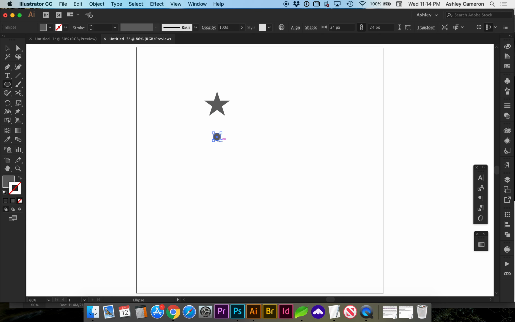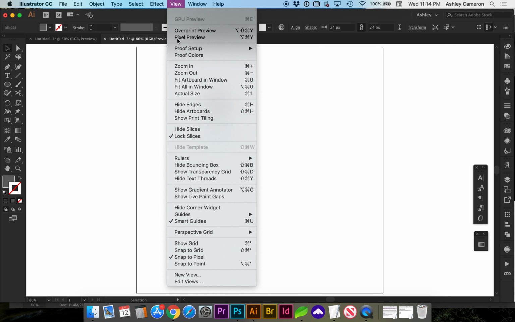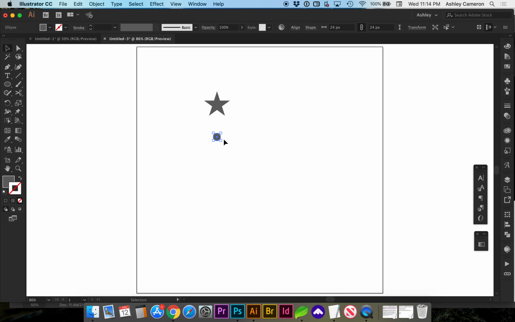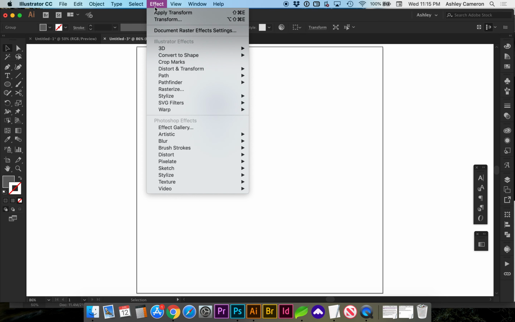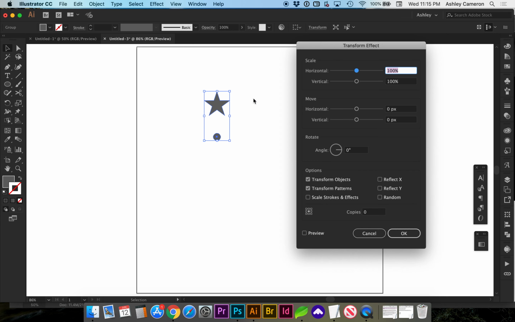Holding Option, if you have your Smart Guides on, under View, Smart Guides, you can see the alignment. I'm also going to select these and align them horizontally center. Now I'm going to group them, Command G, and go to Effect, Distort and Transform, Transform, turn on Preview,